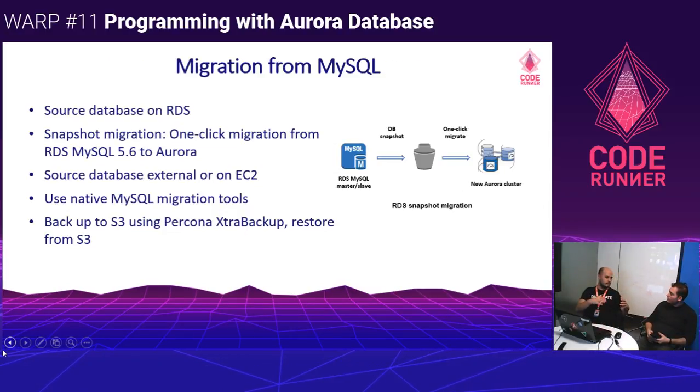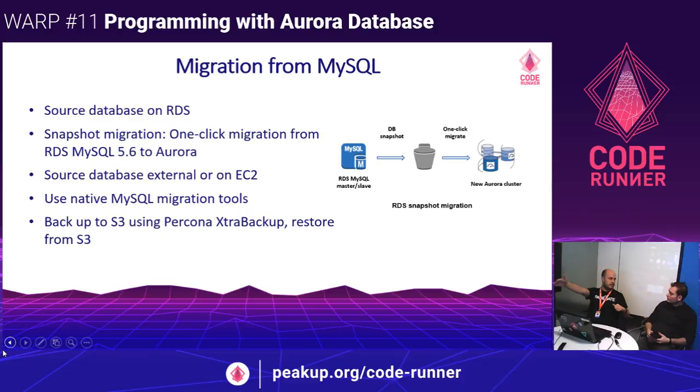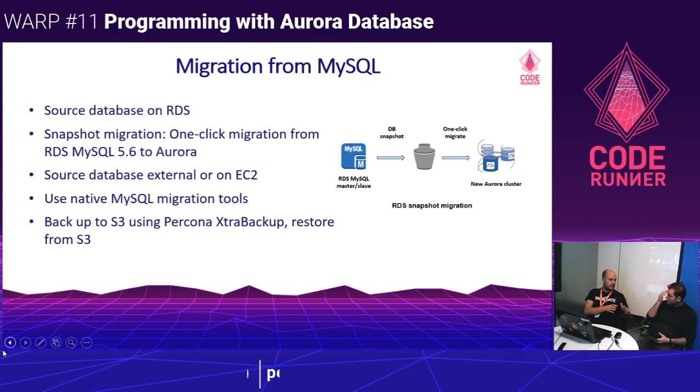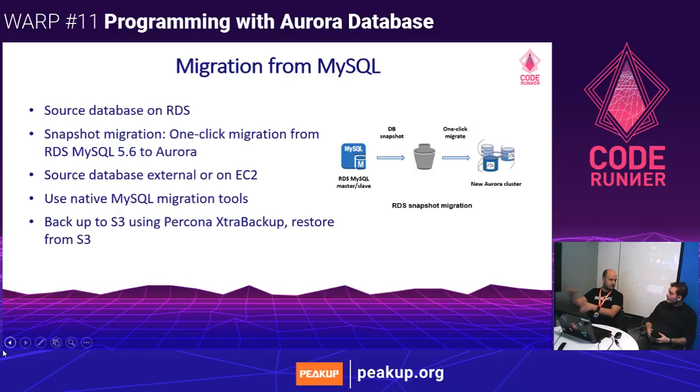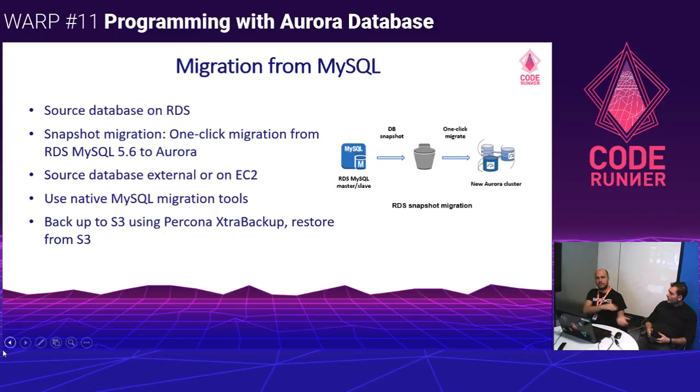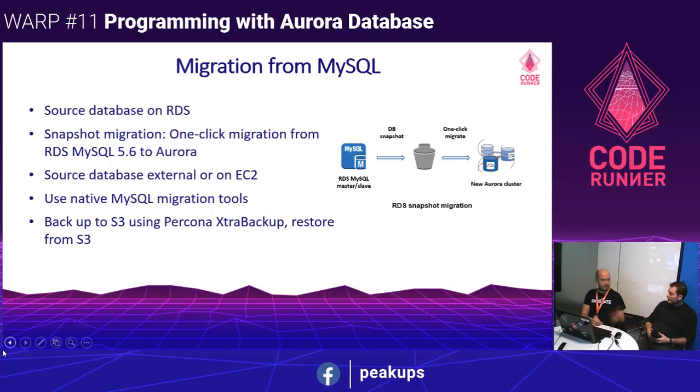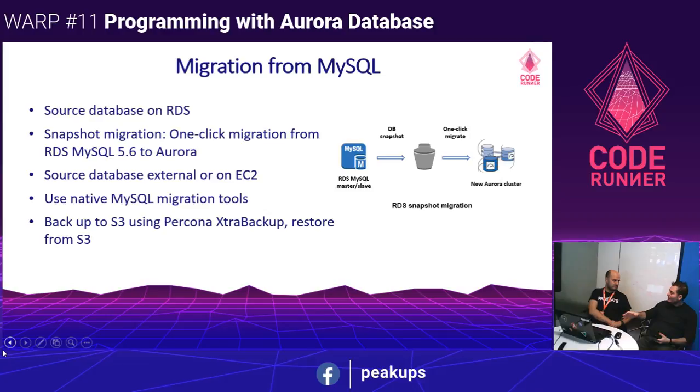Also, if you have a current on-premise MySQL database and you want to migrate it to AWS Aurora, there's a migration tool in AWS. So there's a migration method actually. You can take a snapshot of your database, bring it to AWS, and then AWS restores your snapshot to an online AWS Aurora cluster. So it's just a one-click migration. And that actually completes the switch to Aurora,